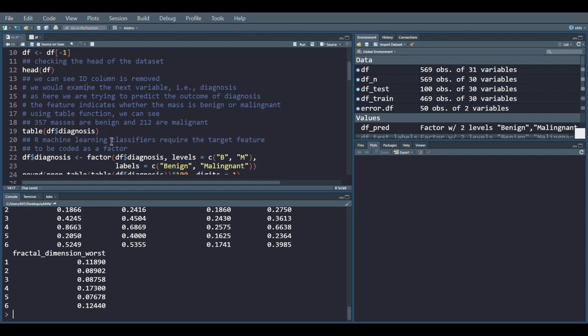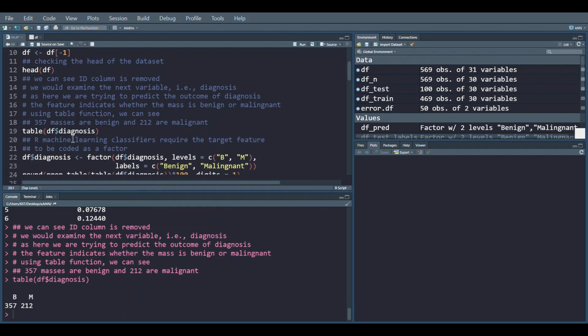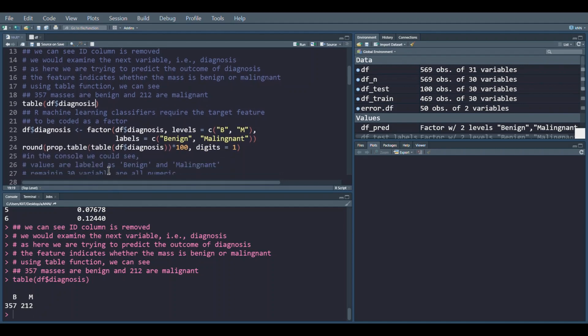So we can run this command, table, and under the table command we are checking the diagnosis column, because there it has been reported whether the person has a benign or a malignant mass. We can see that 357 of the patients have benign and 212 are malignant. Malignant means they have been affected by breast cancer.